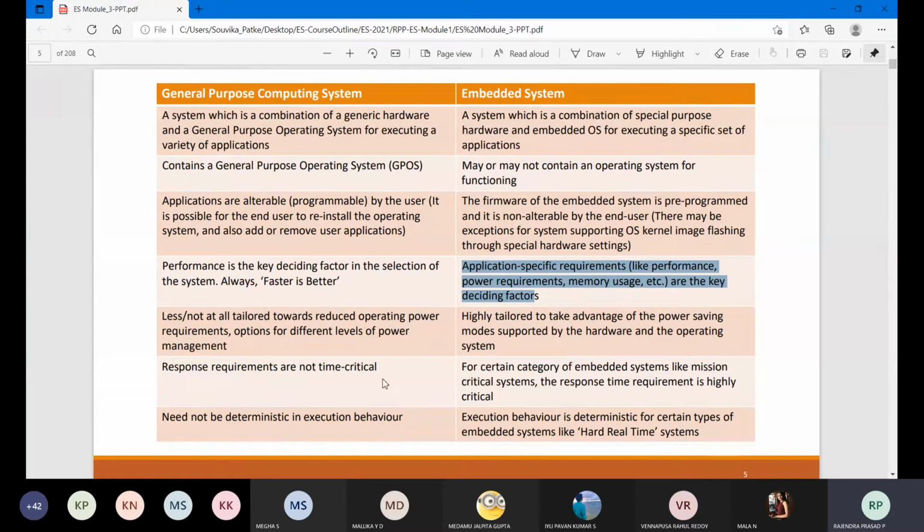Response requirements are not time critical. So here they will not expect any results at a fast rate. But here it is expecting at a very fast rate. That is why earlier they were having a yearly exam, right? Maybe during your lower classes, during your 10th, PU, everything, it was only year wise. But now you see the education system, it is all semester wise. So 3 months study, give examination, go to the even sem, then the next sem. So it is a semester system which has been created, not a yearly system.